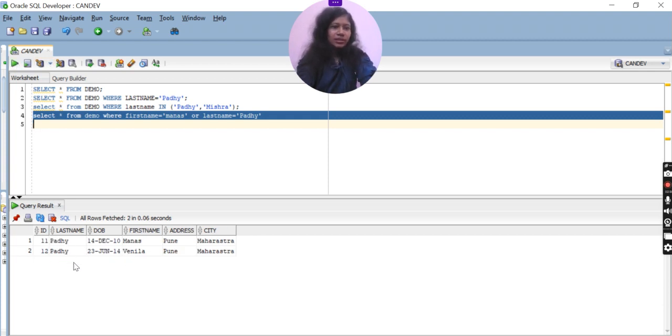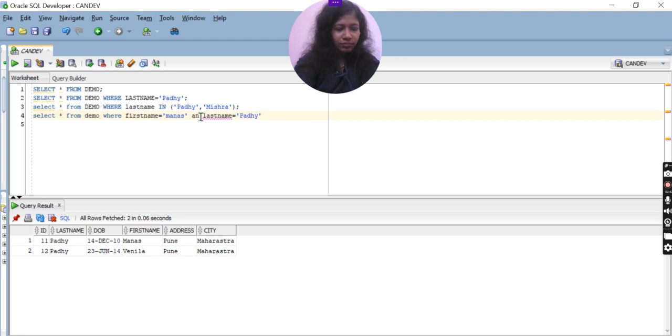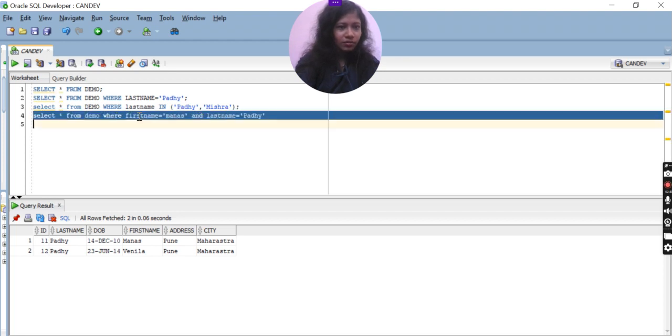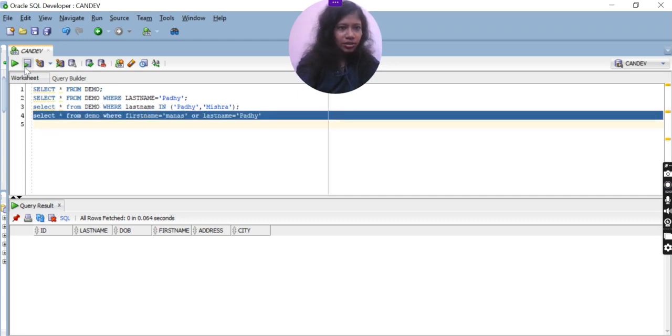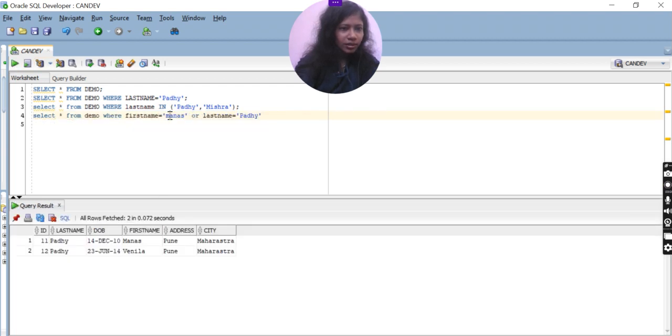Padhi is the last name for both, but in one the first name is Manas, and the second first name is Vanilla. That name also I am getting. If I put AND here, then I'll get only... sorry, the data is not there? Manas and this one is there. Then I need to put Manas here and